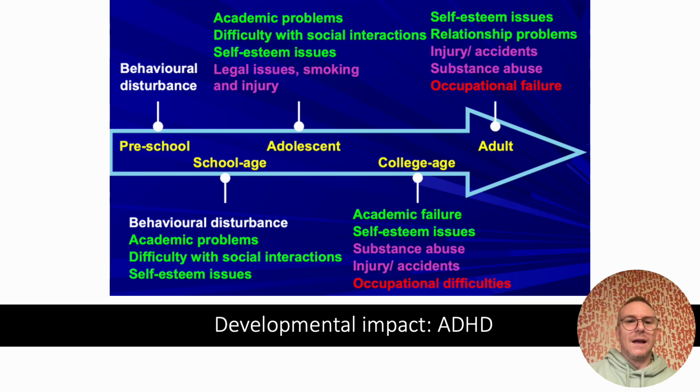We might see difficulties with social interactions with peers becoming more obvious, and that can lead to legal issues, smoking, injury, etc. College age or young adults, academic failures, we talked about in the last slide, moving into substance abuse, and potentially, occupational difficulties, and in adulthood that could translate to occupational failures,